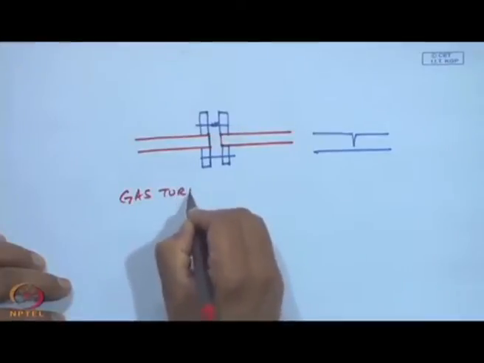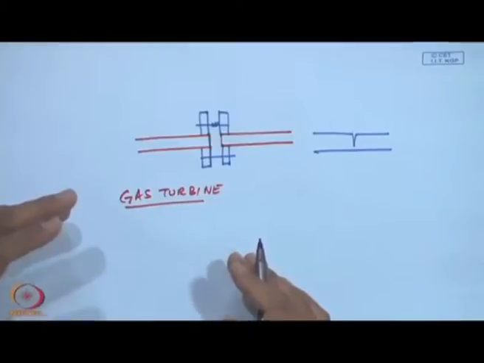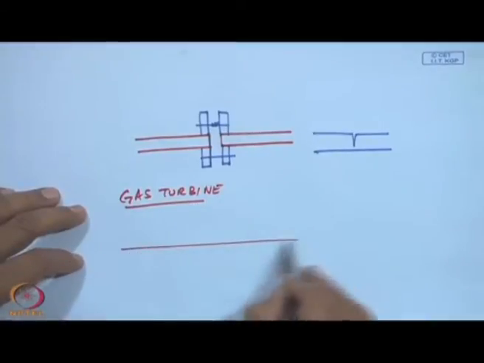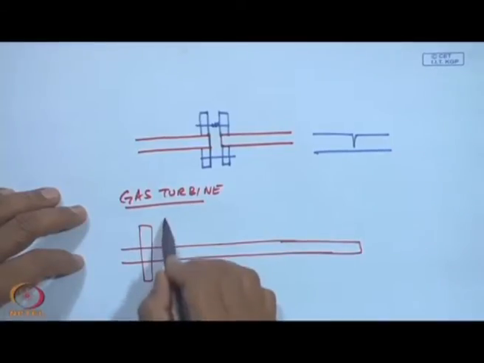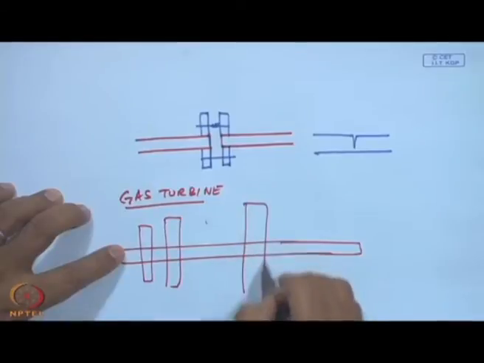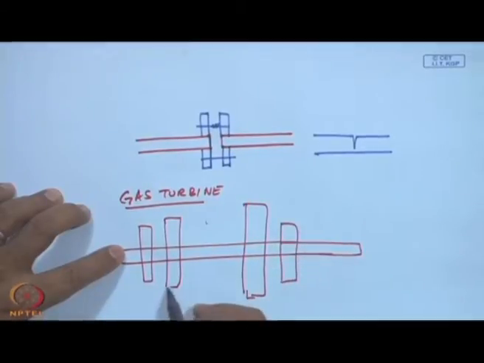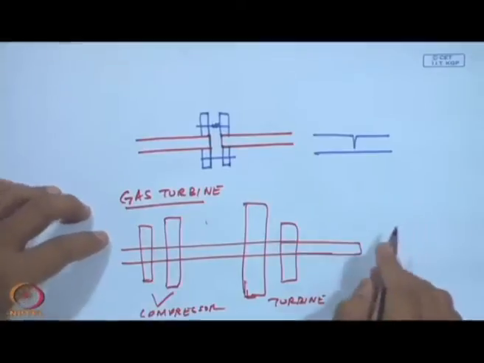So, in a system, let us talk about a gas turbine. If you want to place a system in a gas turbine to monitor whether cracks have occurred or not, you can do this. A gas turbine has long rotors with sets of compressor blades, low pressure stage, high pressure stage, combustion, and then the turbine, etc. All these are sets of vanes. Compressor, turbine, etc. So, what we have to do is go through a modal testing